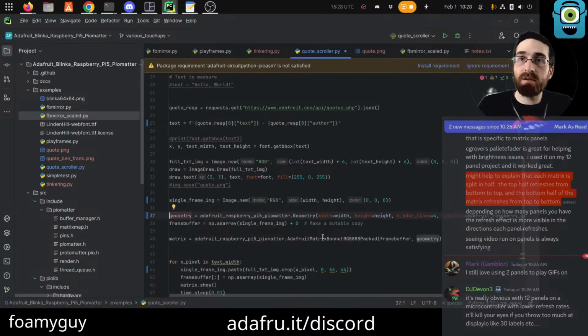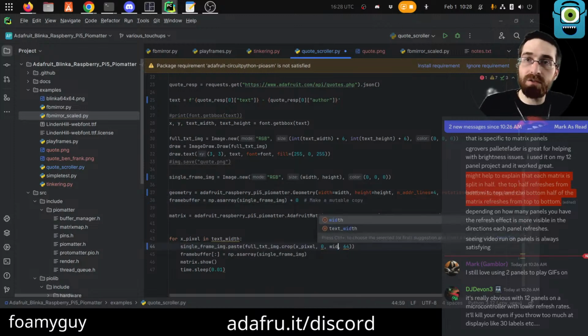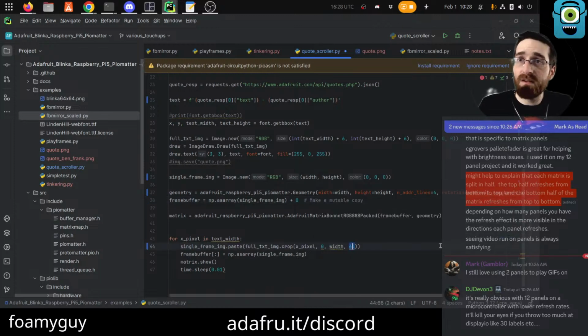Location, I'm going to keep it on 180 for me. Single frame. And then that is pasting, so it's grabbing 4x64. I think we can just do width and height here. We'll see if that breaks.